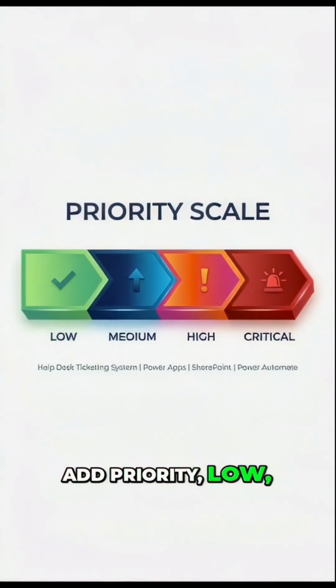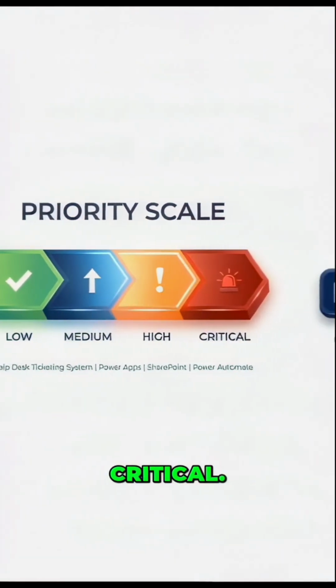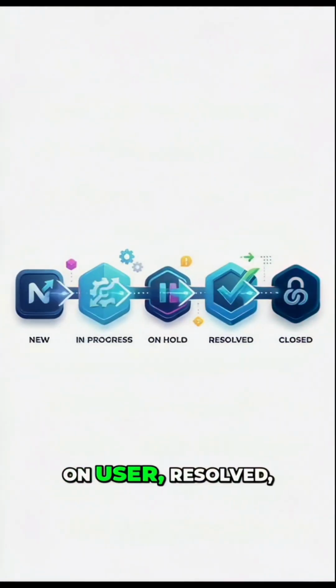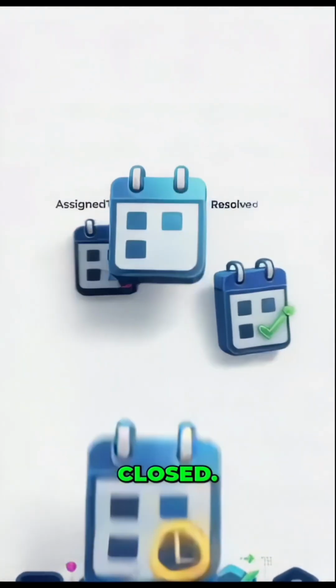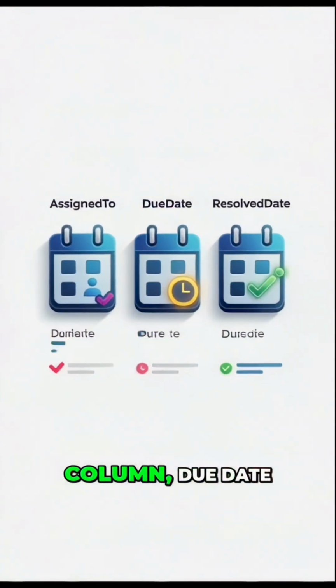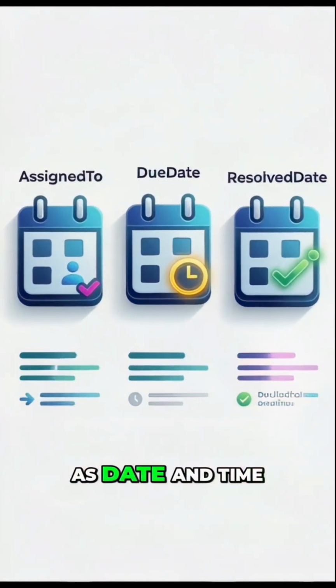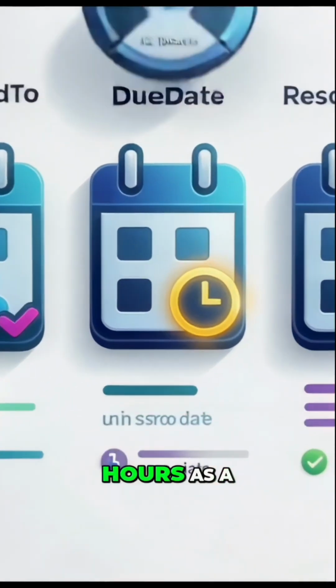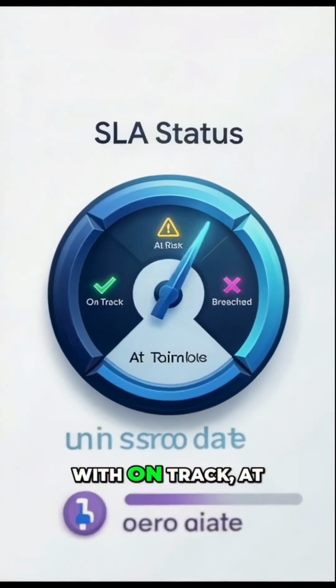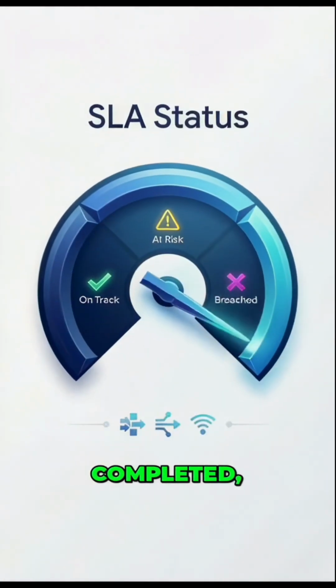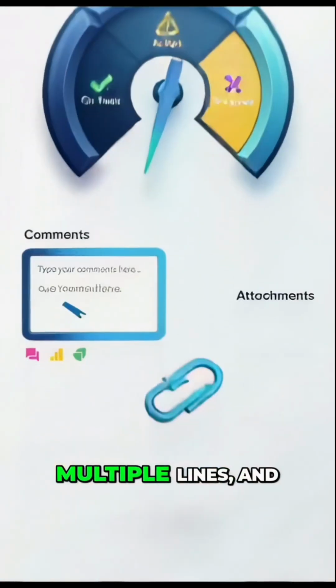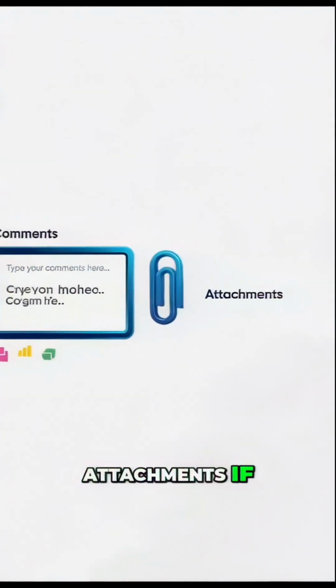Add priority: low, medium, high, critical. Add status: new, assigned, in progress, waiting on user, resolved, closed. Add assigned to as a person column, due date and resolved date as date and time columns, SLA hours as a number, SLA status with on track, at risk, breached, completed, comments as multiple lines, and attachments if users need